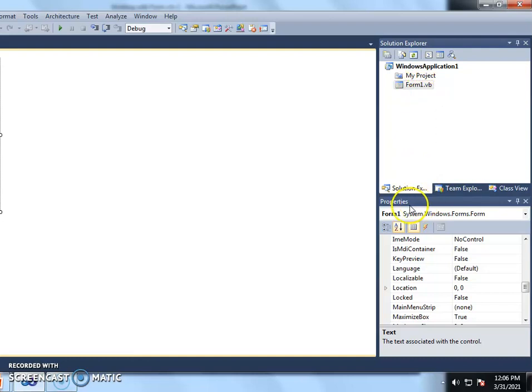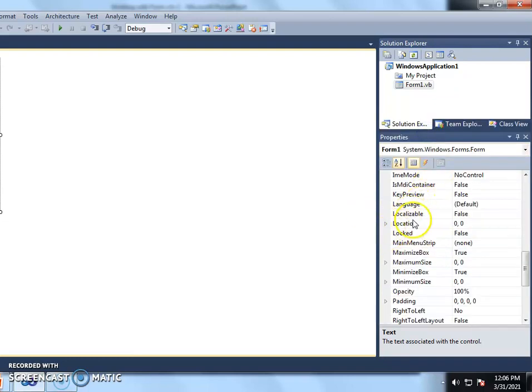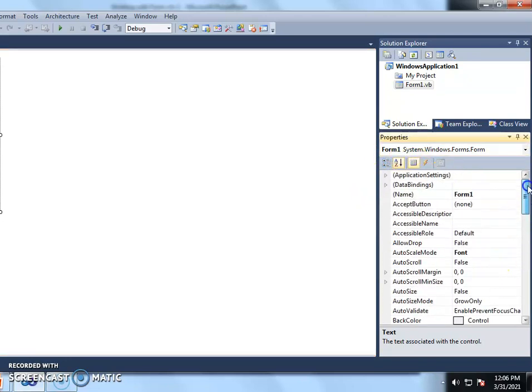Then on the bottom right side, this is the Properties window. It shows the properties of Form1, like application settings, data bindings, then Name. Our object name is Form1, then AcceptButton. These are the different types of attributes of our object.